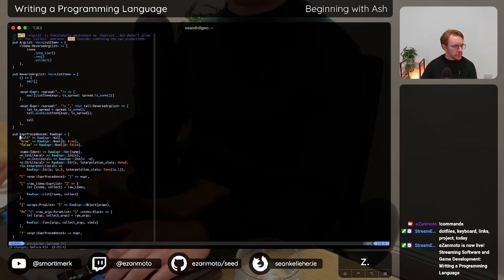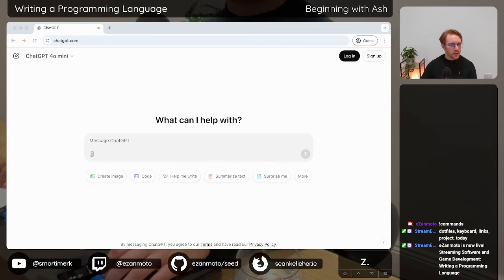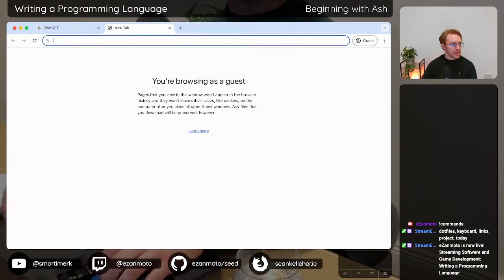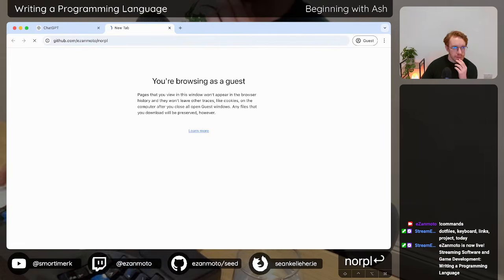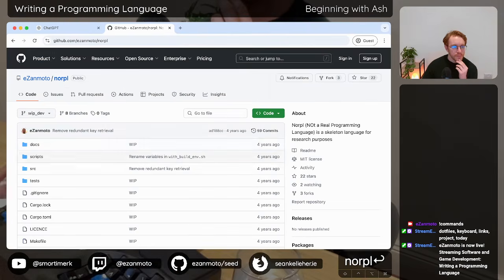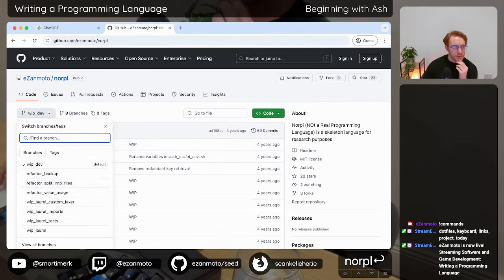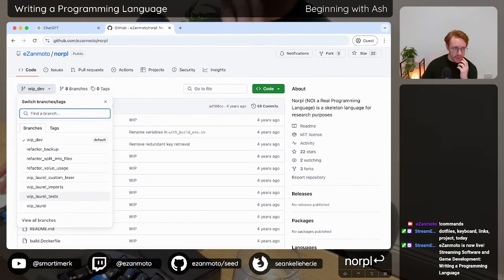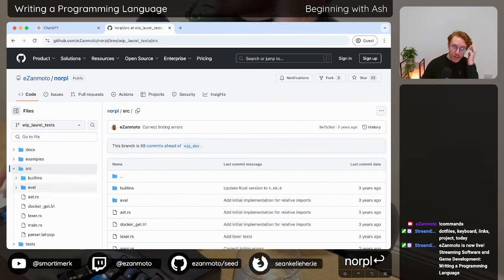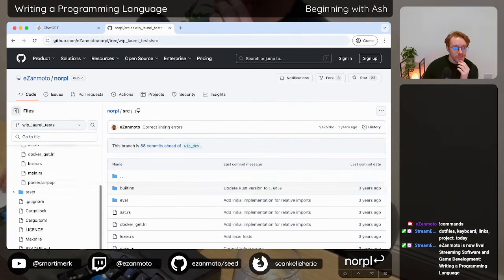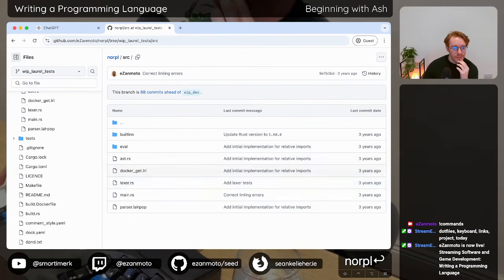Now I'm going to go ahead and look at how I actually solved that in the past. So we'll go to, I guess it was the branch with tests. And this code was a lot messier, but at least it's all there.